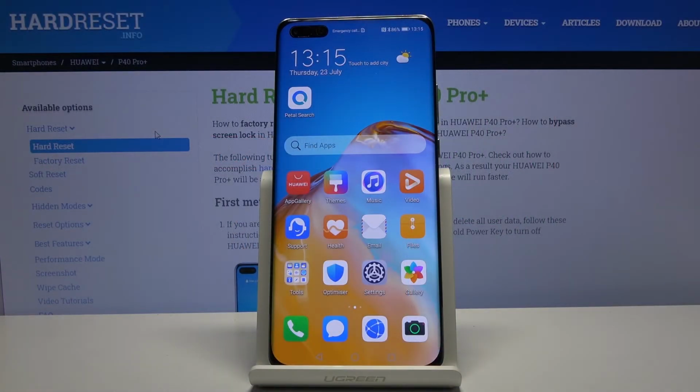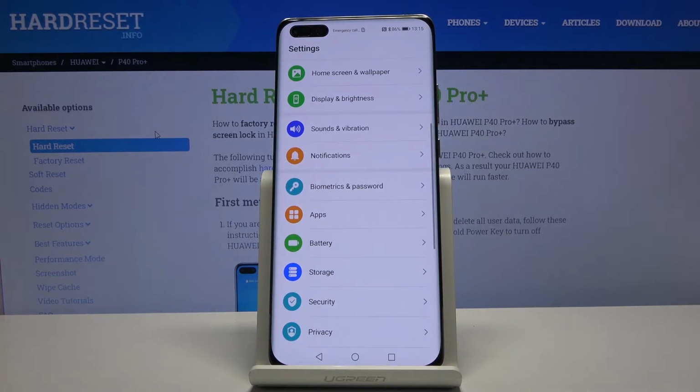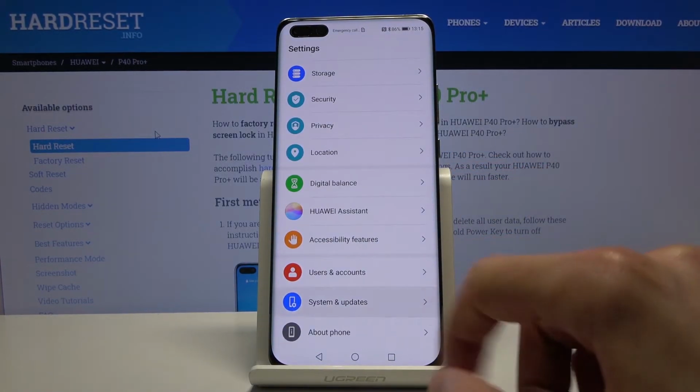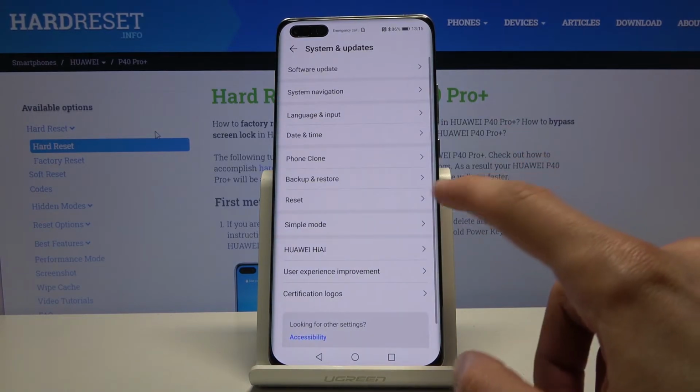Welcome. In front of me is a Huawei P40 Pro Plus, and today I will show you how to hard reset the device through settings. To get started, obviously open up settings and scroll all the way down to system and update, and then